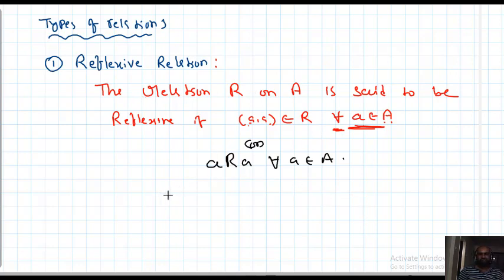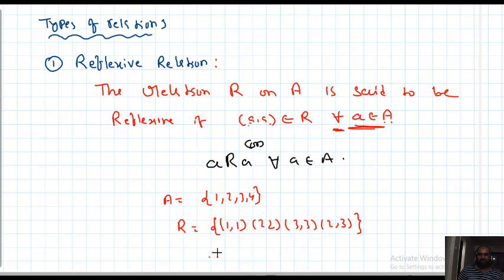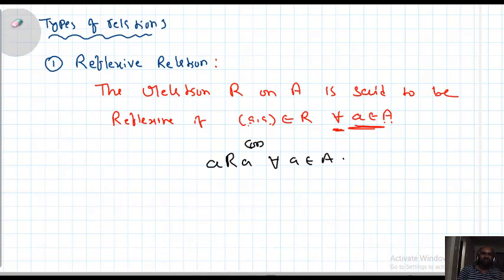Okay. So one more example I want to take. A equals {1, 2, 3, 4} is given. R is given as (1,1), (2,2), (3,3), (2,3). Here what happened? R is not reflexive. Why is R not reflexive? (1,1) should be there, okay; (2,2) okay; (3,3) okay; (4,4) is not there, no? That's why it is not reflexive. If (4,4) and some more extra elements are there, that is not a big problem. So you can say that it is a reflexive relation. Okay. The smallest reflexive relation is nothing but the identity relation.